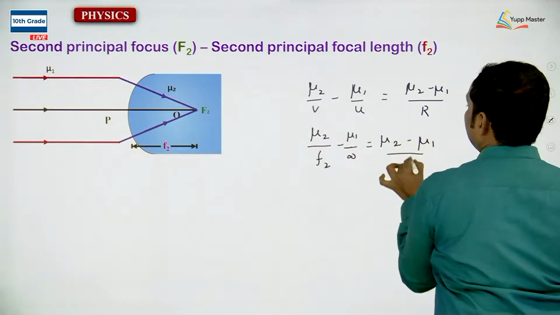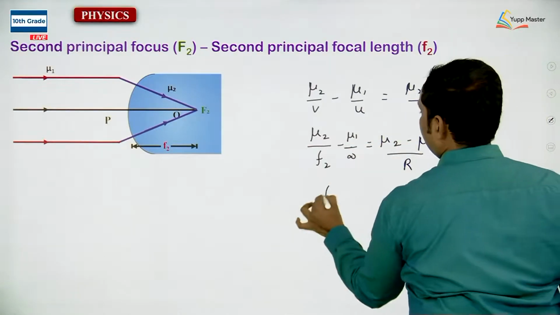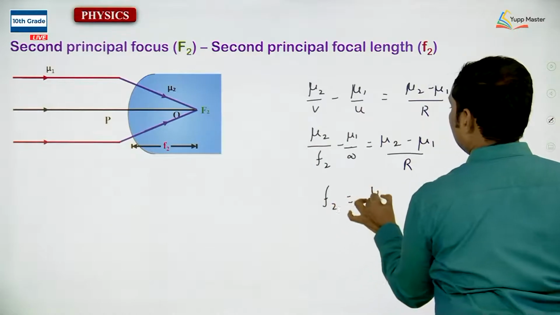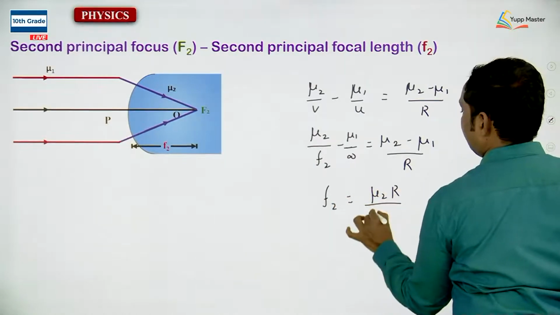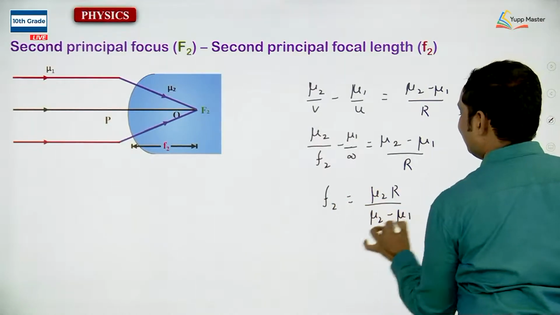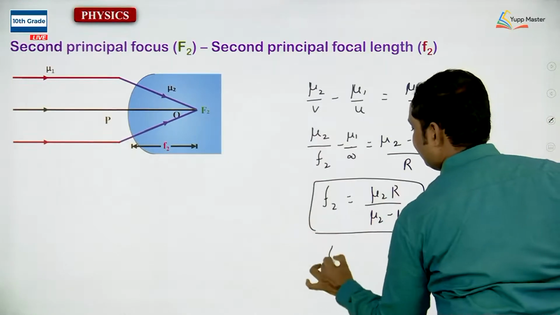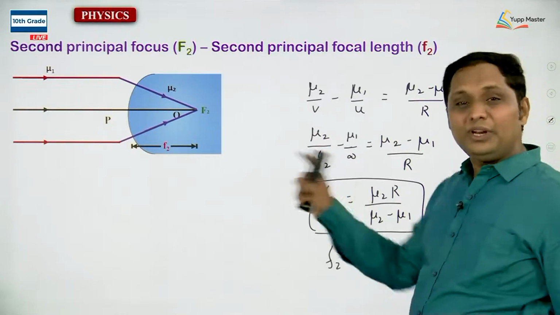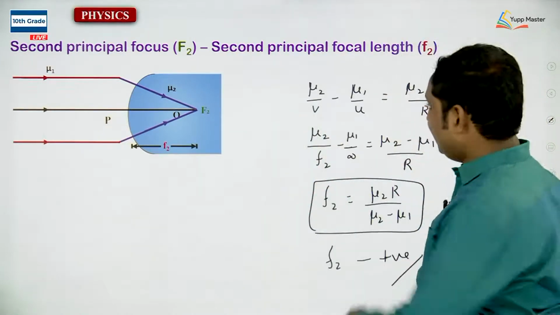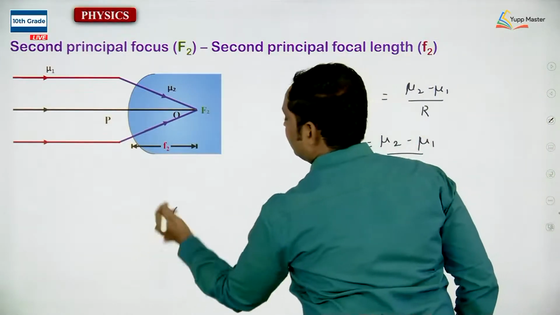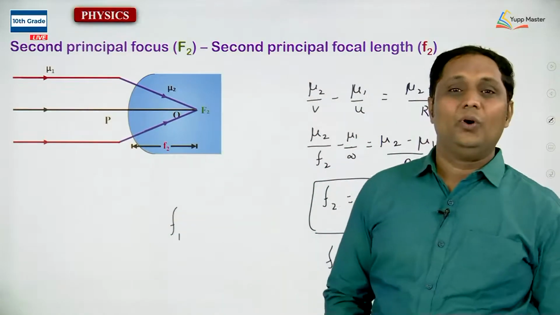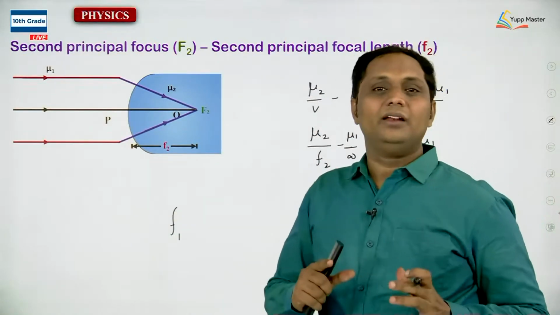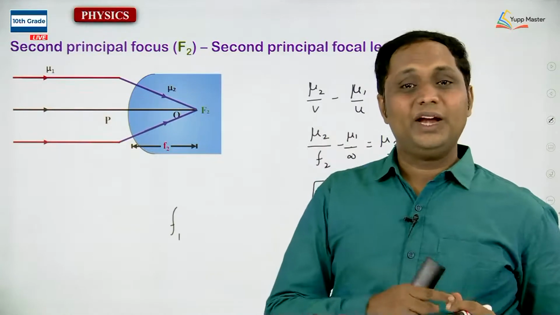All right, you will get that F2 is equal to mu2 R by mu2 minus mu1. This is very clear. F2 is positive for convex. F1 is negative for concave. But if you take that F1, that is going to be negative. Alright, in this way we can learn the basic fundamentals and we will apply them to the